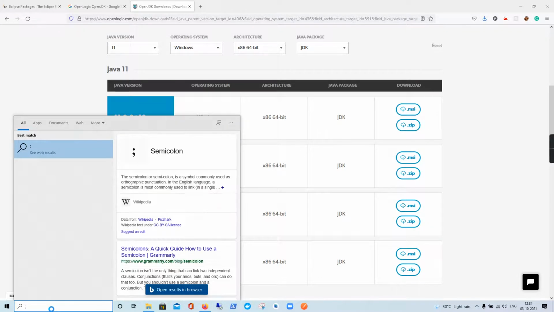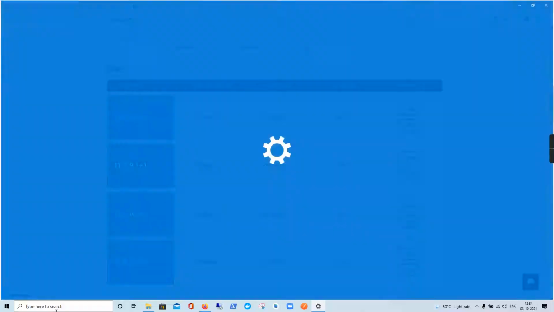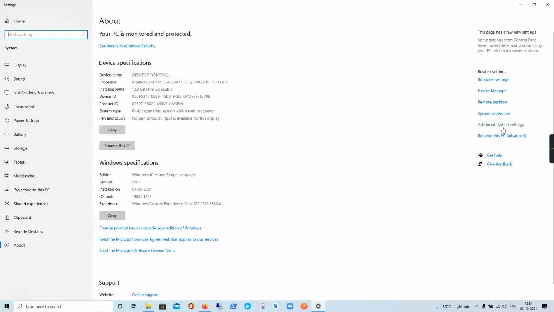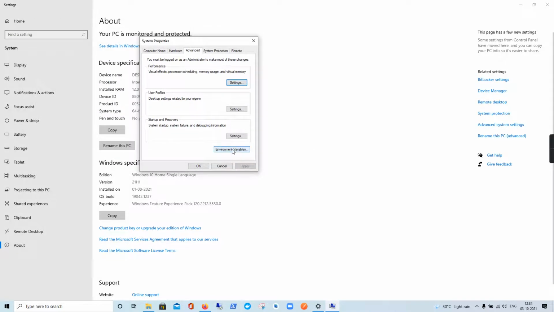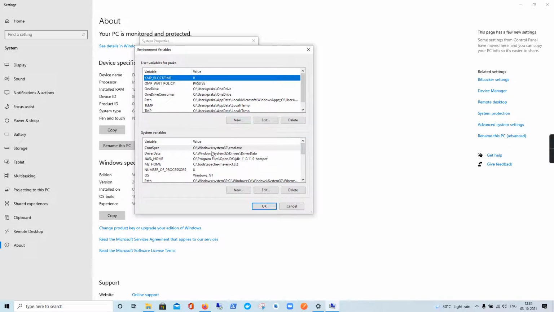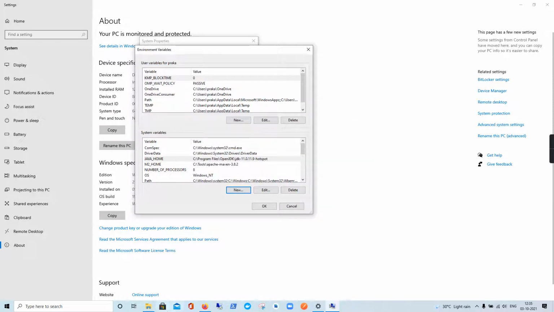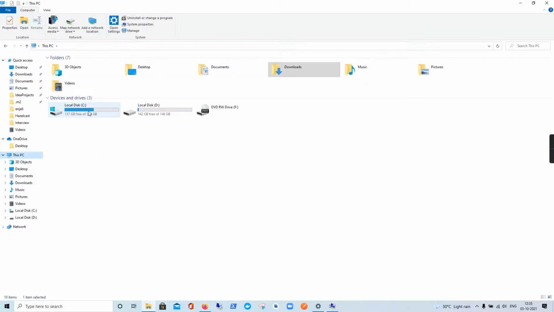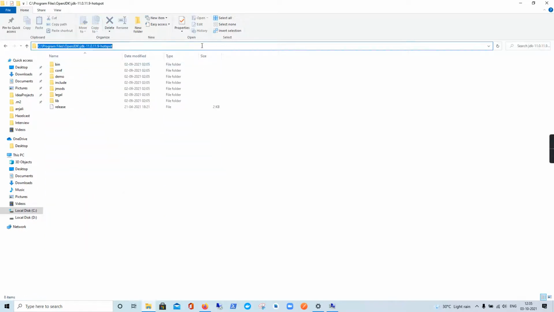In the start menu, search for About PC, and here you can see advanced system settings. In the advanced tab you will see environment variables. You need to add the JAVA_HOME variable by clicking New, JAVA_HOME, and then provide a path. To get the path, once Java has been installed, you should be able to see it under Program Files, OpenJDK, hotspot. Just copy this path